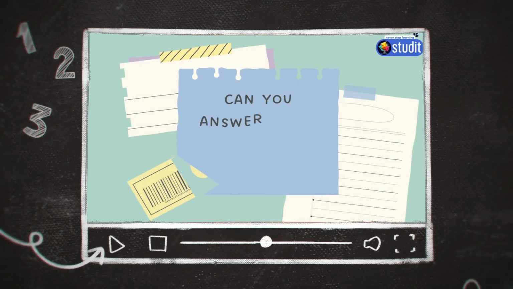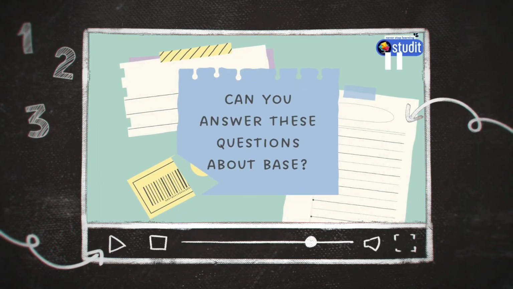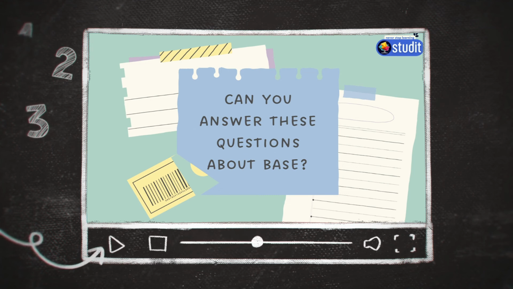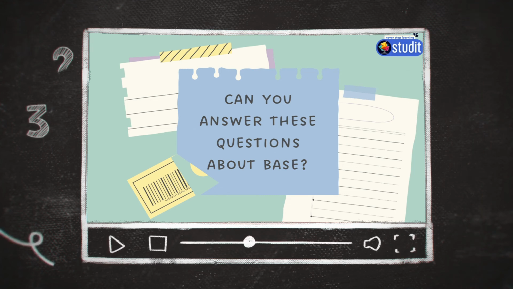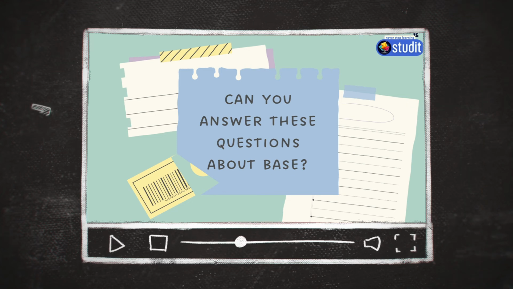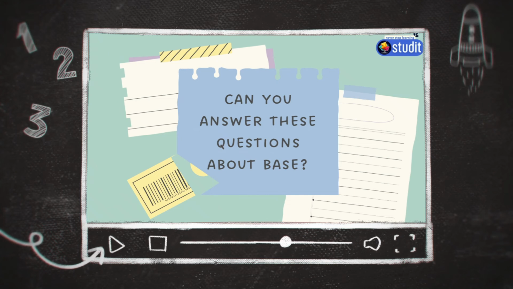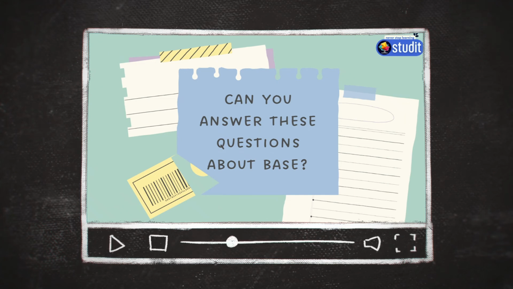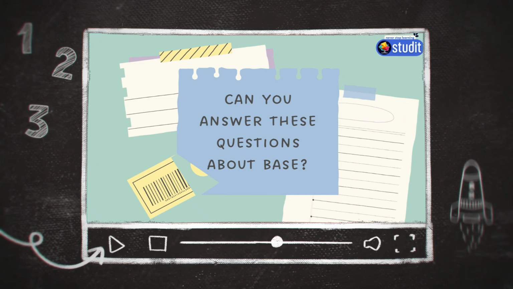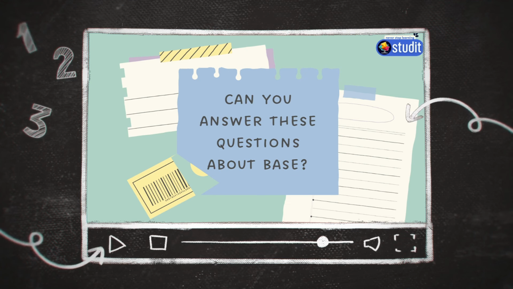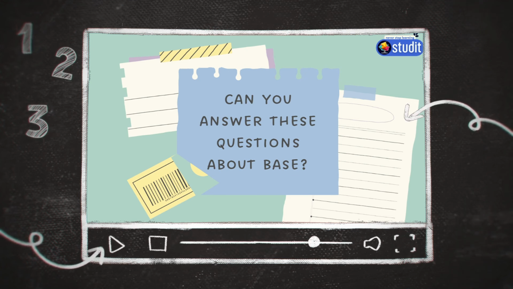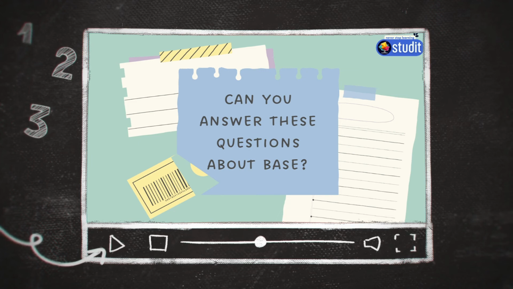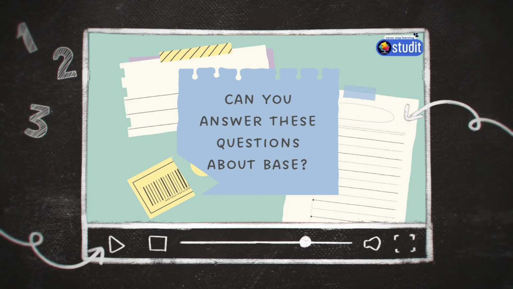Okay, now some questions for you. Why do we use an antacid tablet when we have an acid problem? Because the acid problem is there in our stomach because of the increasing amount of acid produced. So to minimize the effect of the acid in our stomach, we use an antacid, because that is a base and it can minimize the